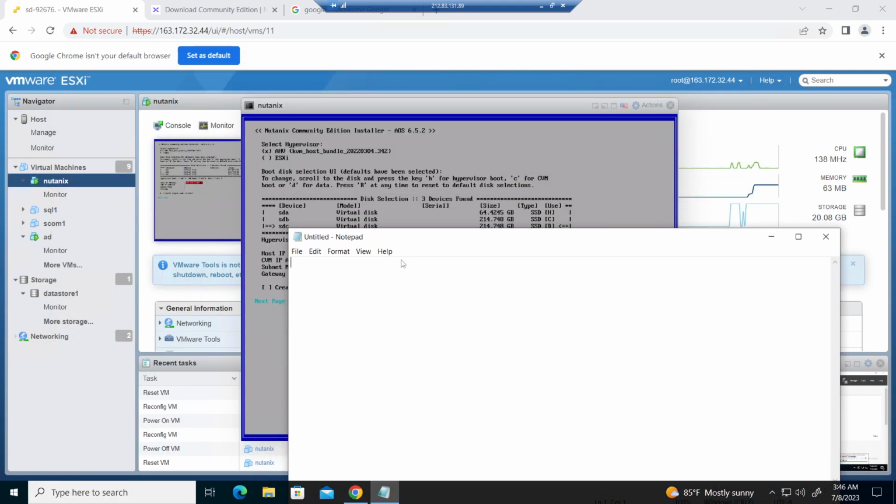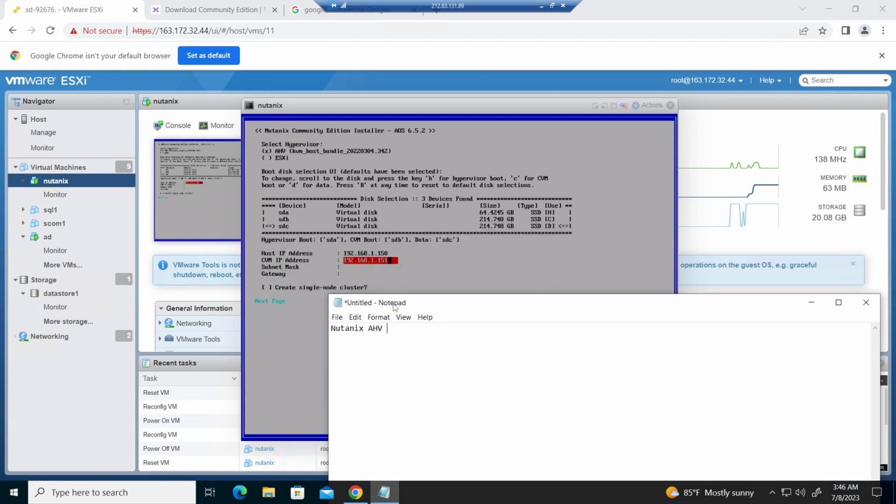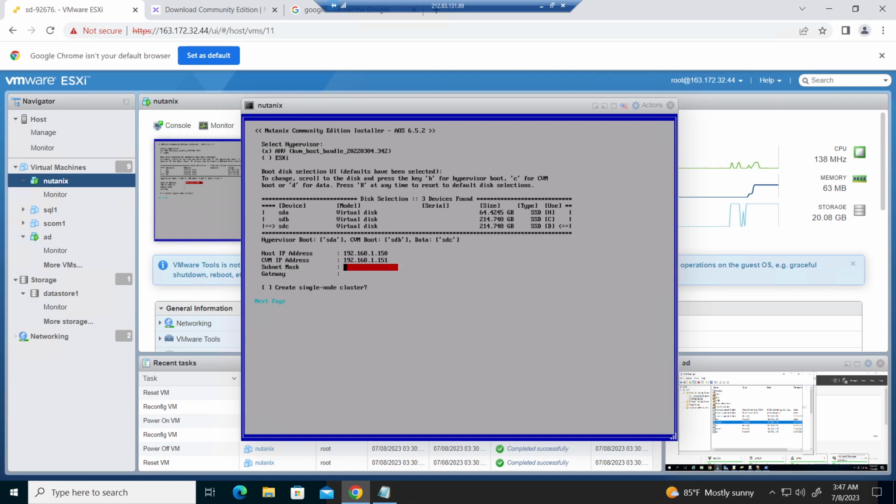So the Nutanix AHV hypervisor is, remember, 192.168.1.150, and the CVM, so the Prism, will be 192.168.1.151. After that, I will have my subnet mask, so 255.255.255.0, and my gateway, remember, it was